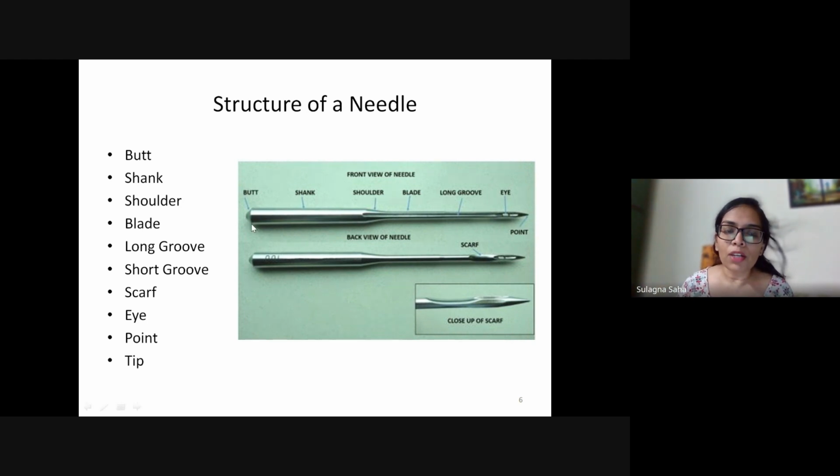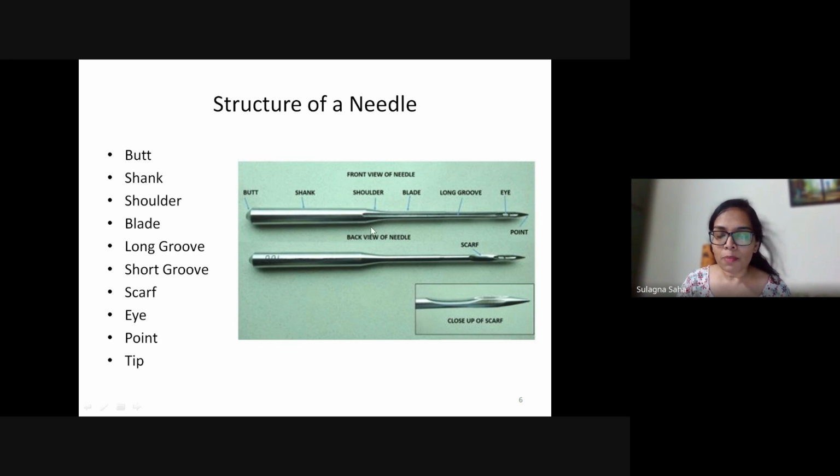It's called the butt of the needle, followed by the shank. The shank is the long cylindrical part of the needle. This is where the needle bar will hold the needle, so you put this part inside the needle bar with the help of the clamp, and it will be tightened with a screw and a clamp. Next comes the shoulder.